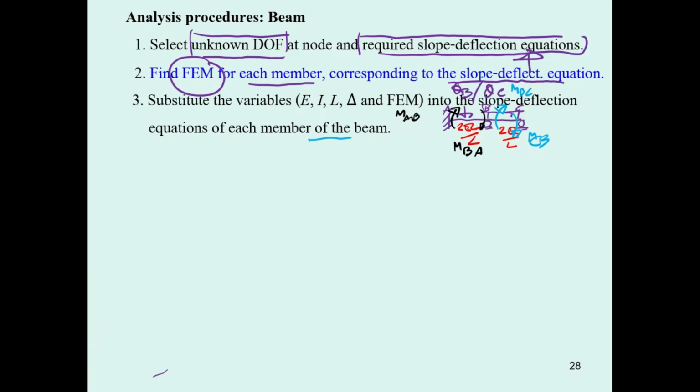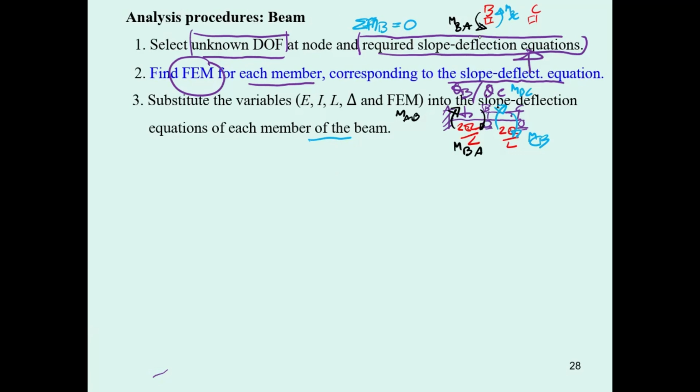You have two end moments for each member, and then you have two unknowns. To solve these two unknowns mathematically requires two equations. Then, following the next step, you may put this one as joint B and this one as joint C. This M sub BA is in the opposite direction, that's going to be M sub BA, and this one is going to be another equation, M sub BC.